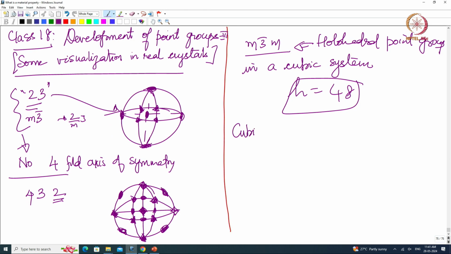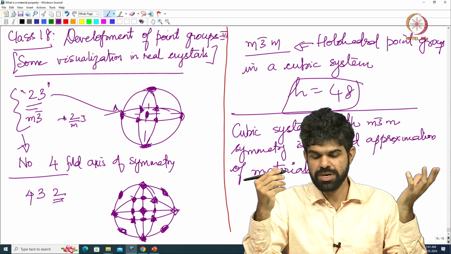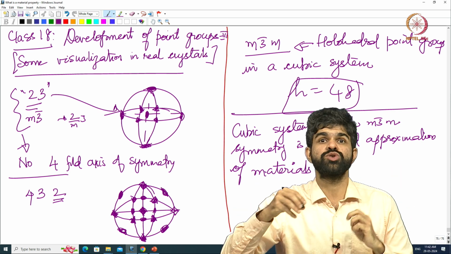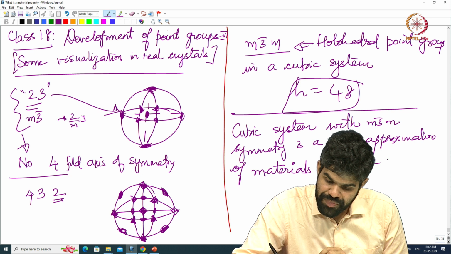A cubic system with M 3 bar M symmetry is a good approximation of crystals of materials which are isotropic. So the properties will be same in all directions, so I take that back. Properties are not same in all directions, but properties can be derived assuming that I have a 360-degree symmetry, right. So I have rotational symmetry. My crystal is rotationally invariant. My material is rotationally invariant, right. Materials that are called isotropic,